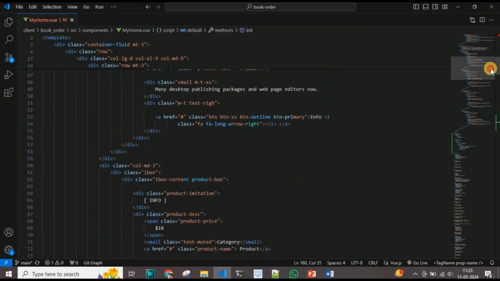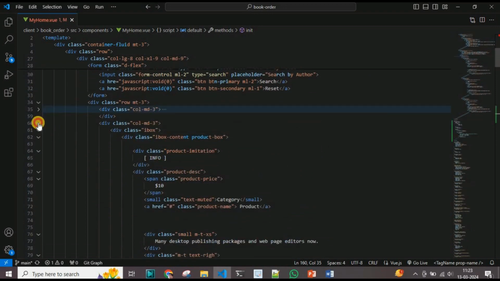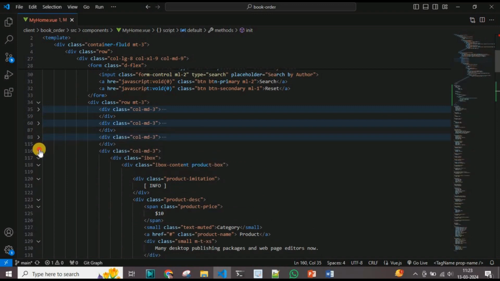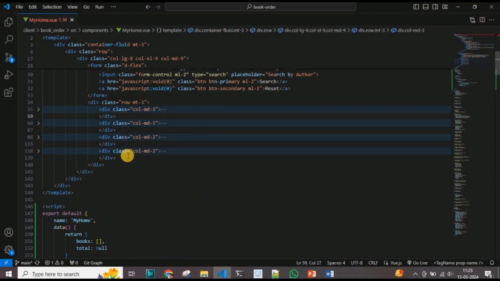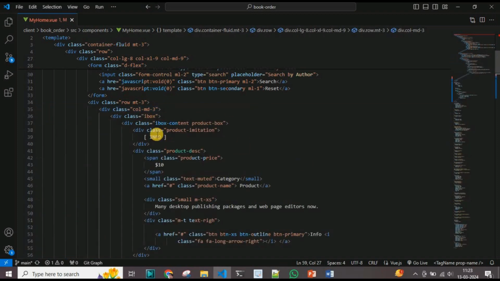So we have this product page. If I collapse this column md-3, we only need one. So I will remove the rest, and here I will apply the for loop to iterate the items in the books array. So in the div class col-md-3, I will apply the v-for, and here I will take book, comma, index of books, colon key equal to index,